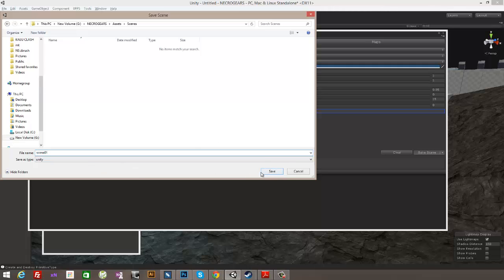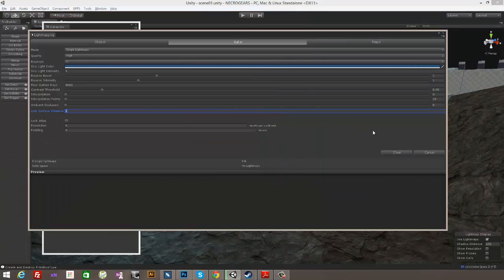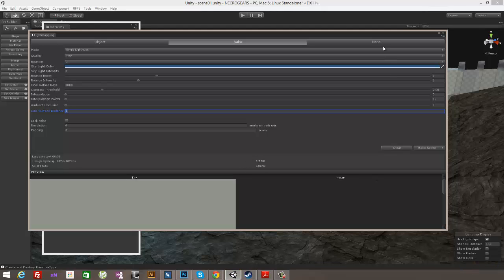Super original. Save. And I'm going to, oh, it's baking right now. And you can tell it's baking by this little tiny progress bar. I wish they had a nicer kind of overlay. I'm sure in Unity 5 they probably have something better. But for now, if you're light baking, you'll see this little baking progress thing in the corner. When that's done, as this is,